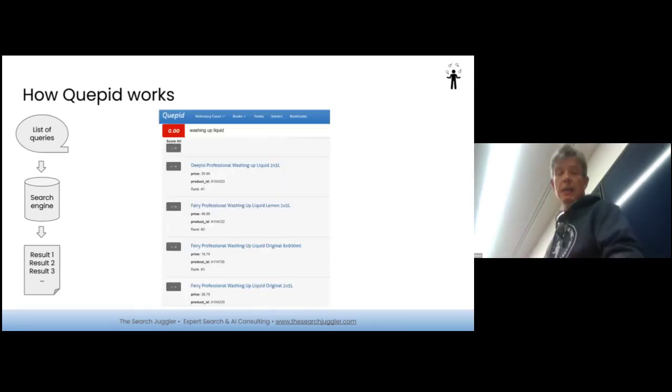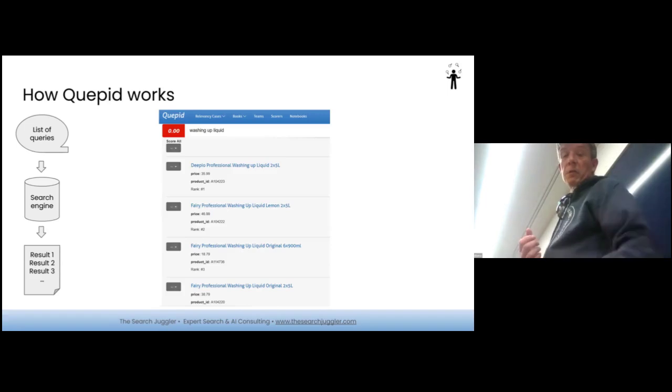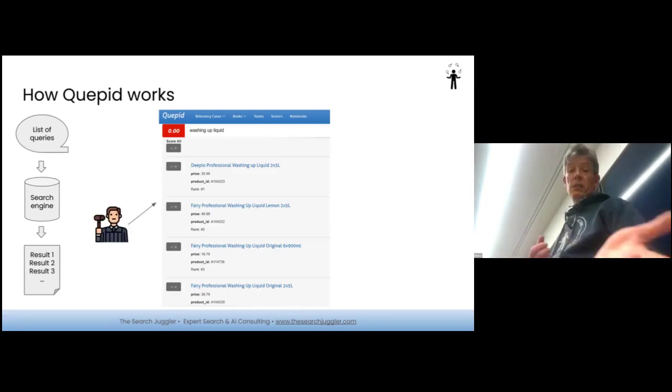Now, if you've got it set up correctly, this set of results looks more or less like what comes out of your actual search engine on your website or your enterprise search, whatever it is. And they should be in the same order. You've got something wrong if you're not doing that. But on the left there, you can see some little boxes, and this is where you're going to have a judge say, is this a good result?